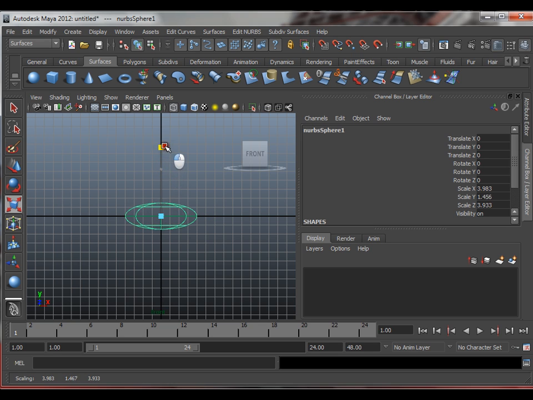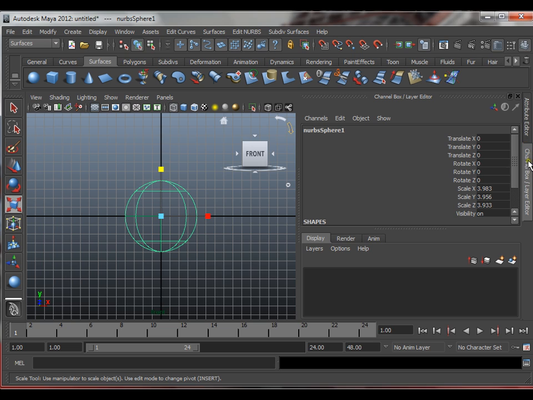and scale it, or increase its size, to 4 units. Here also it's done. Now you have made a sphere which is scaled to 4 units in each of the axes. In that way I have made a sphere which resembles a sun, and to make it the sun I have